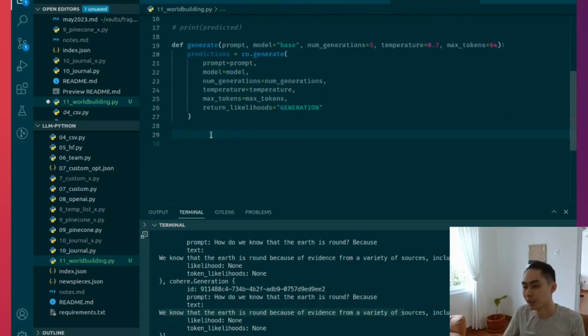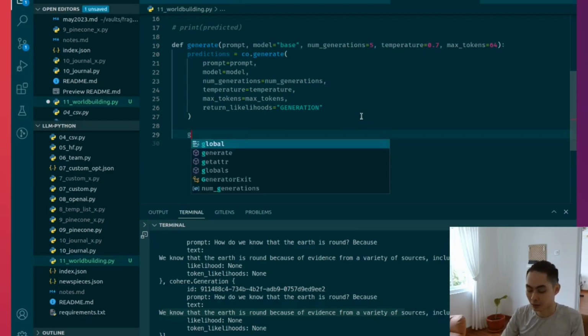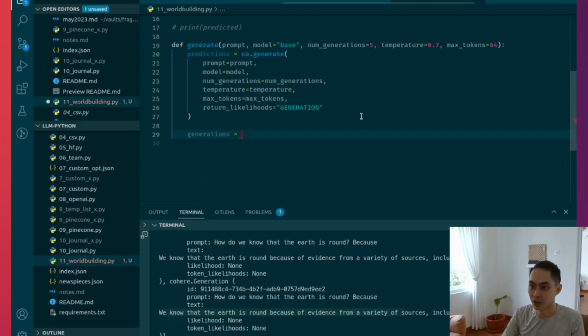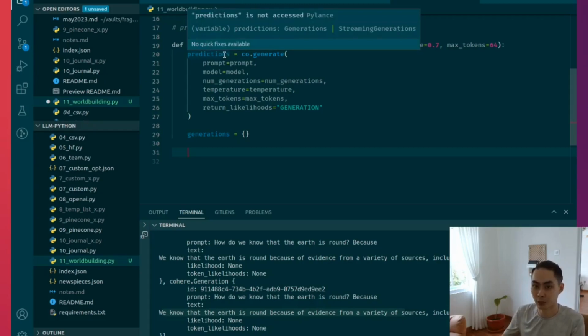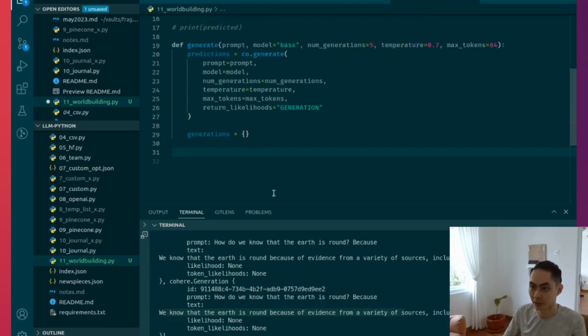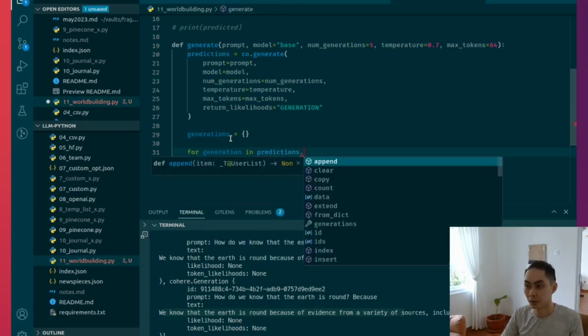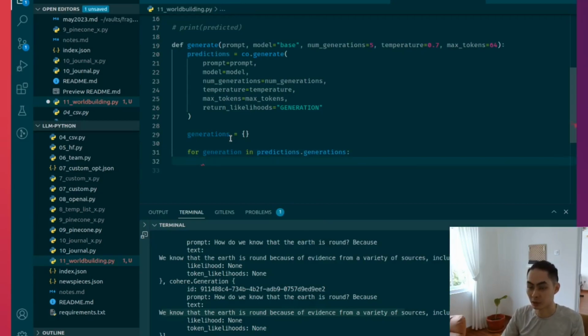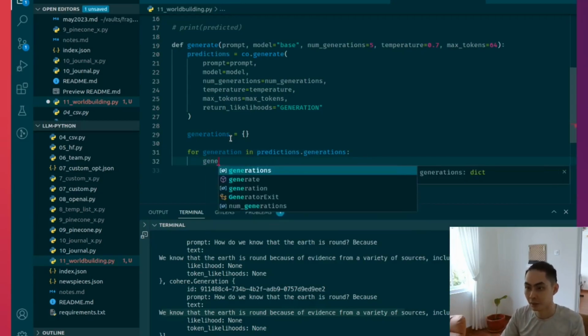So the plan is to first create a dictionary and put all of the generated text as a key, and the value would be the probabilities, or the likelihood in this case. So I'm going to say generations, and I will want to just initialize that into an empty dictionary. And then I'll go through a for loop. I'll say for prediction in predictions, go through each one of the generated, take that and then start to populate this dictionary. Okay, so for generation in predictions.generations, that's where it stores all of the generated text. Let's say generations,